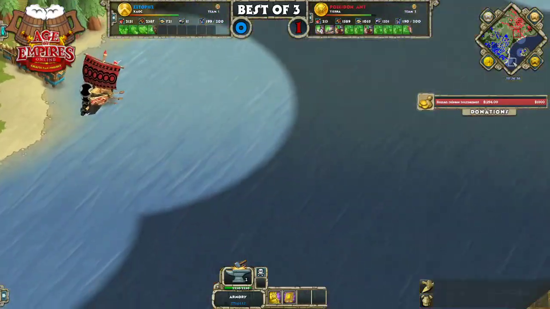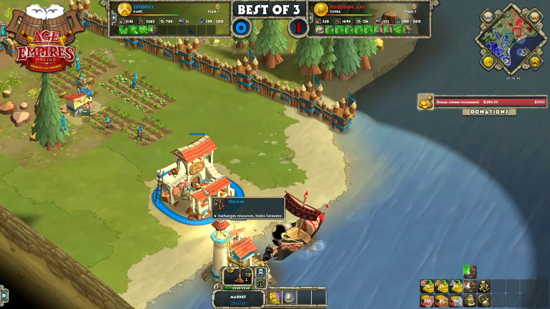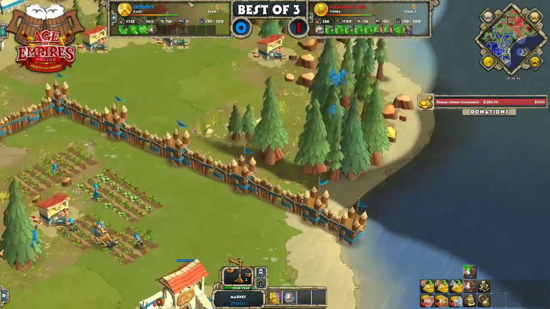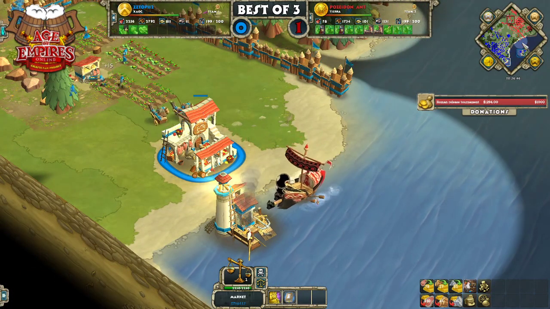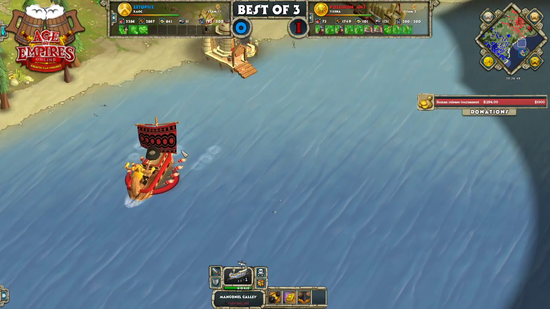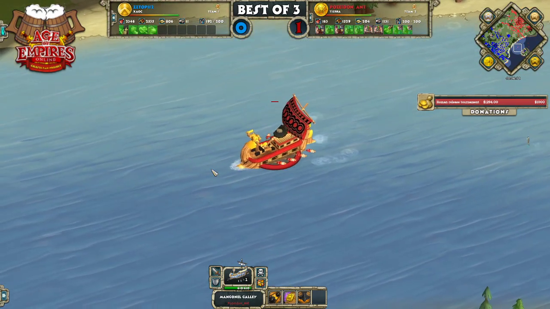And also, if you lose water and your opponent has a siege boat, they can make it really rough for you to actually rebuild the dock, because it can just shell away at the foundation. And yeah, there's the Mangonel galley